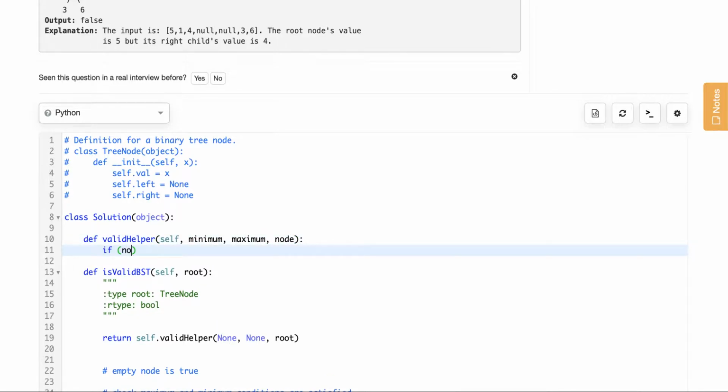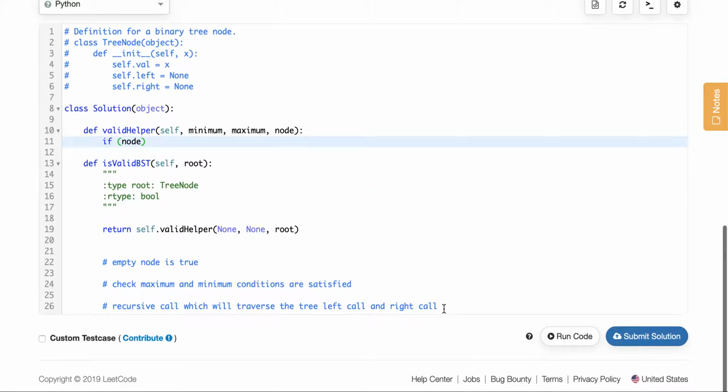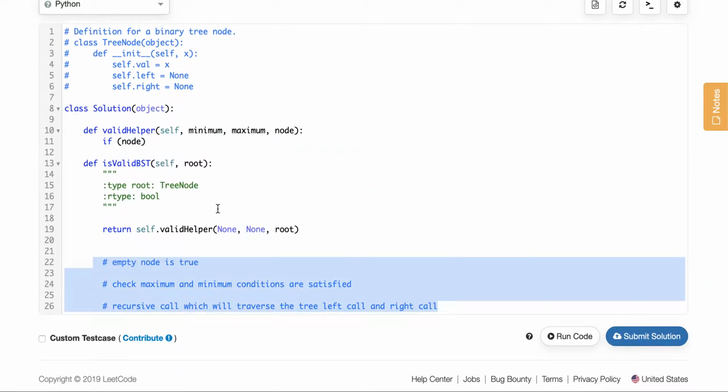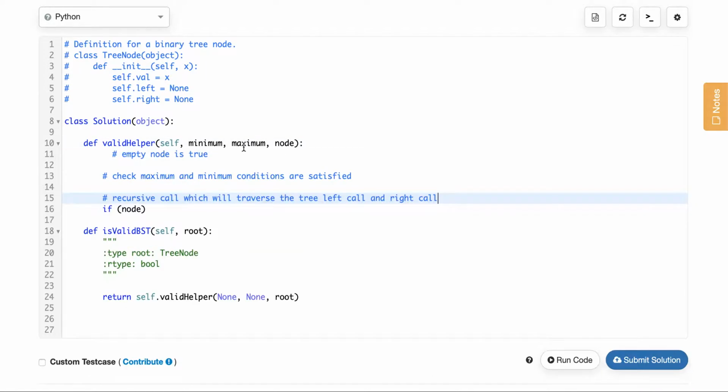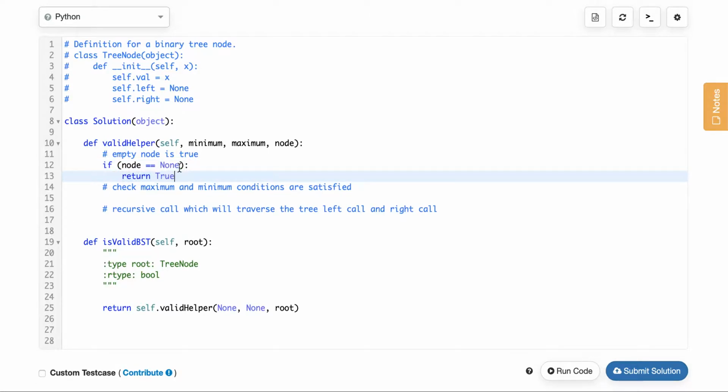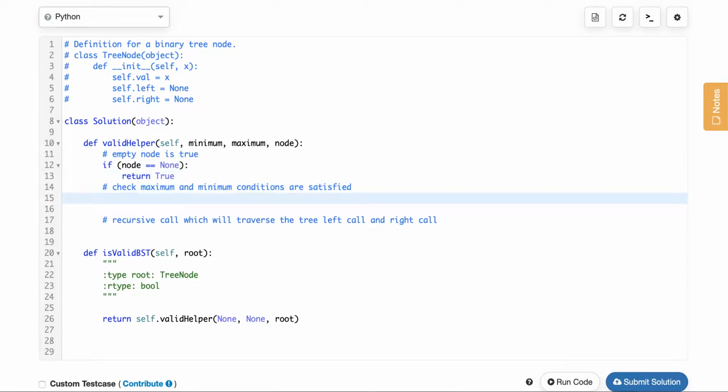So our base case that we wrote in the bottom, we can move it up here, make it a little bit nicer to look on the eyes, or easier on the eyes. Okay, if the node equals none, if it's empty, return true. Check the maximum conditions are satisfied. So maximum, if the maximum is not equal to none and maximum greater than or equal to our node's value,